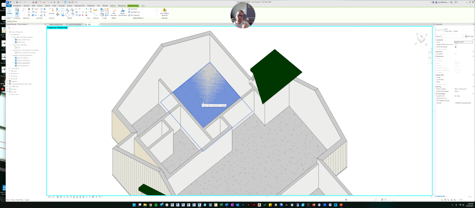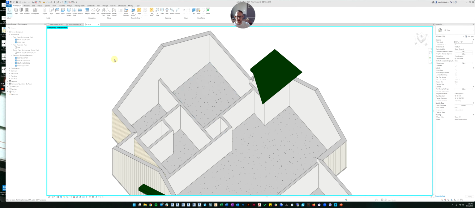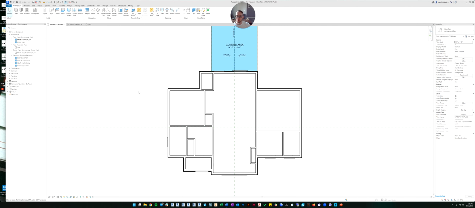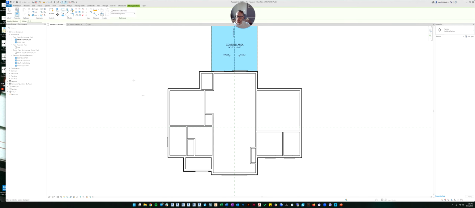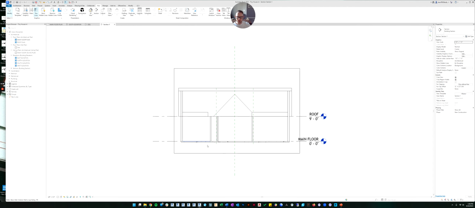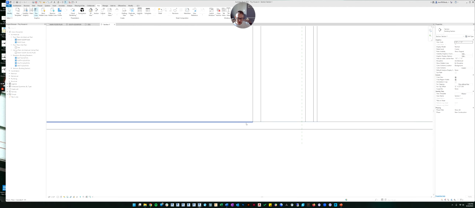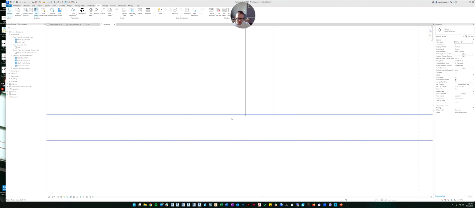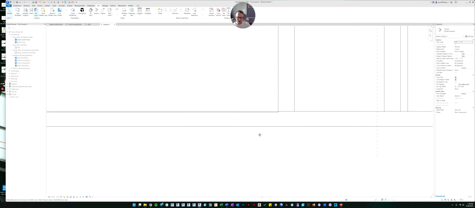So we actually want to move the carpet up on top of the concrete. Another way to see this, which might be better, would be to cut a section. So if you remember, if you go to the View tab and you go to the section, you can cut a section through the house. And once you cut the section, you can double click and look at it. And if we look in that room, do you see how our floor is inside the concrete?